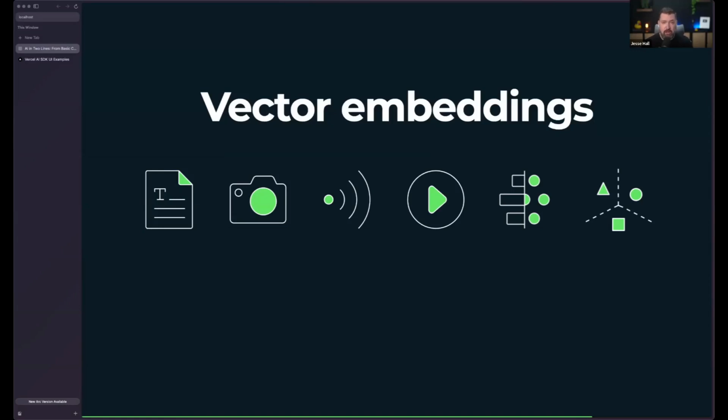And these aren't just any numbers. These are coordinates in a multidimensional space. And so if you think about plotting out a 3D vector graph, you have an x-axis, you have a y-axis, and you have a z-axis. Well, in this context, we're talking about many, many more dimensions than just 3 dimensions.